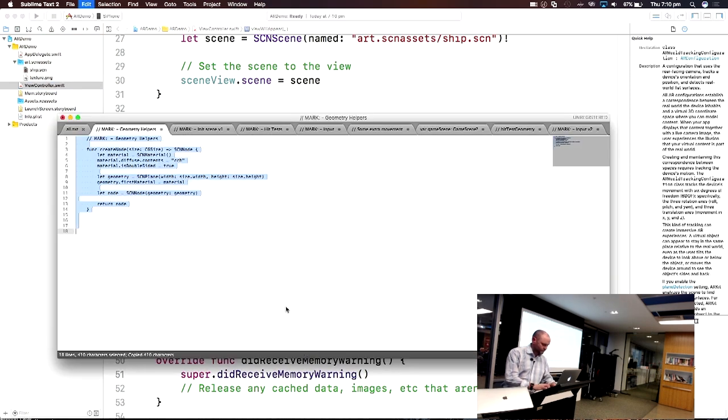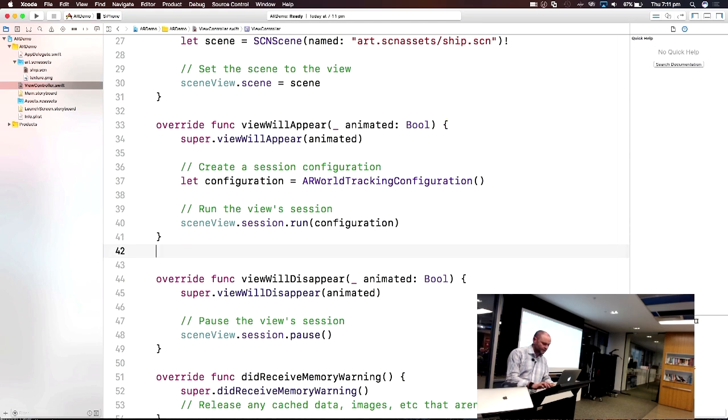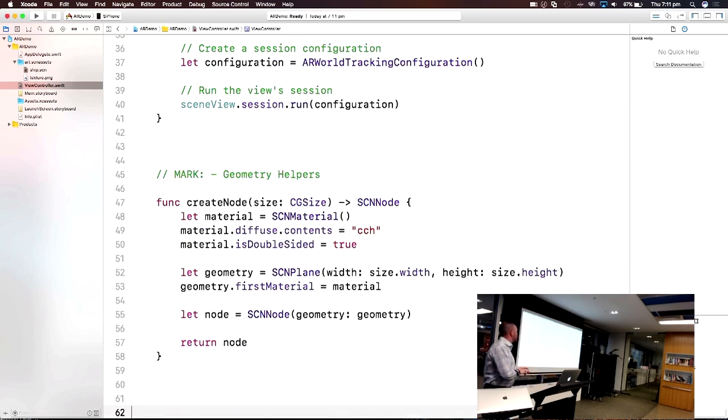Rather than bore you with typing, I've got a bunch of snippets to bring in instead. So the first thing we're going to do is just put in a little helper to create a geometry. So this is a little function, create a node. SCNNodes are what we work with. First thing I do is create a material. So I've got a material and I've assigned its texture to be the CocoaHeads logo. I've called it double-sided so we can flip it around. I then create a geometry. We're going to create a basic plane geometry of some size and width, and then set the material to be the first material that's used on the geometry. Depending on the geometry you choose, it may have many materials. I'm using a simple geometry. I'm just going to assign the material to the first one, and then I create a node based on that material. So this is all standard SceneKit behavior, which is what we're going to use to do ARKit with the